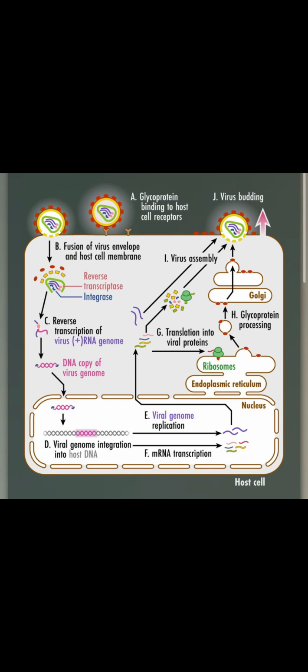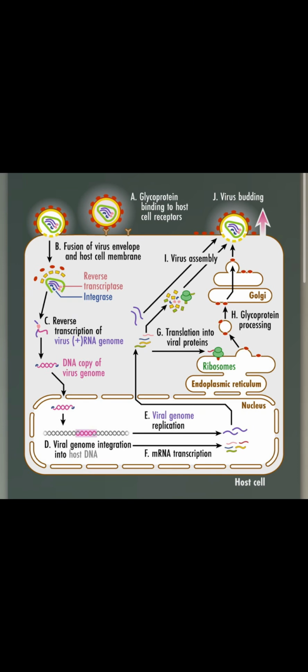The viral genome is then transcribed by the host machinery alongside the host genome. In part E, this produces more copies of the virus's positive RNA genome. In part F, as well as more mRNA, or messenger RNA. In part G, the messenger RNA leaves the nucleus and is translated into proteins by ribosomes,